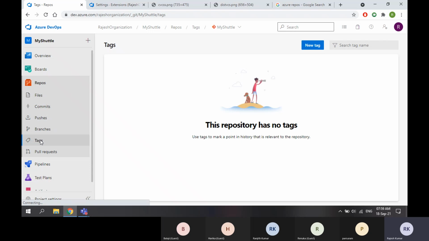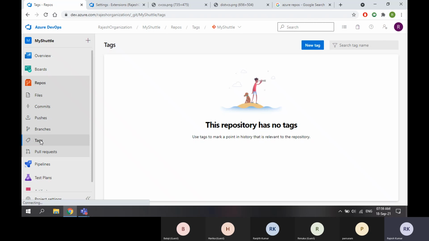Then tags. Tags are something like pinpoints. As I said, if a developer goes on leave for 10 or 15 days, within these days the source code might have changed a lot.